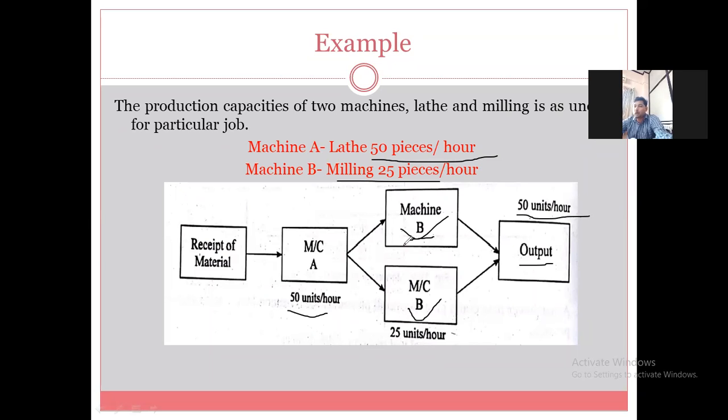So what is this? You have reduced the bottleneck, you have reduced work in progress inventory, and you have decreased the cycle time. Getting my point, everyone? Is there any question or doubt in line balancing? Similarly, if you take the next example,